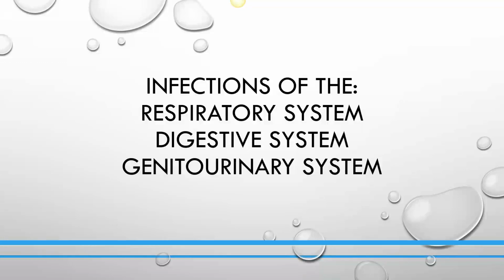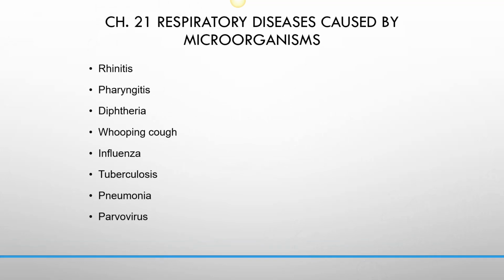This next section talks about infections of the respiratory system, digestive system, and genitourinary system. We'll begin by talking about the respiratory diseases caused by microorganisms, including rhinitis, pharyngitis, diphtheria, whooping cough, influenza, tuberculosis, pneumonia,